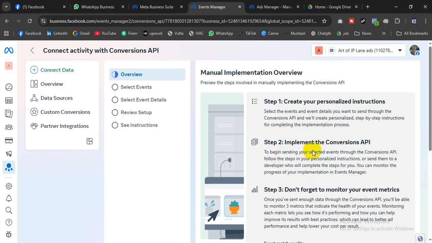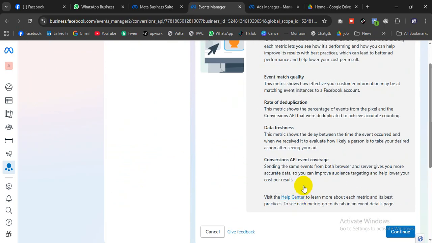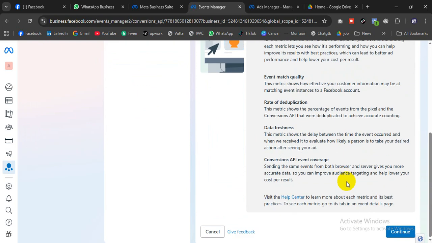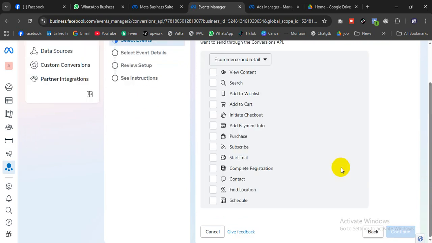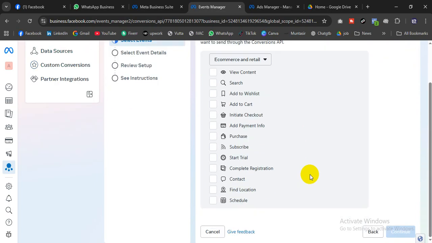Then click finish. Then create a personalized conversion API. Okay, then I will click continue, and then select event, location, complete registration, view content.